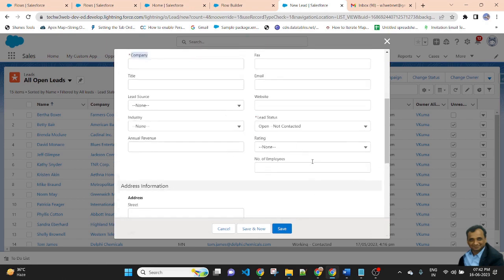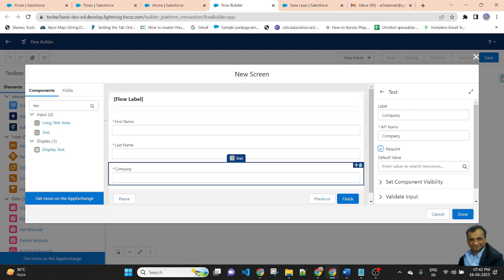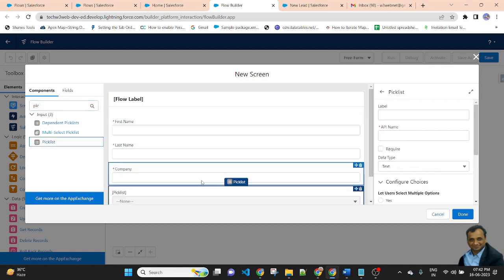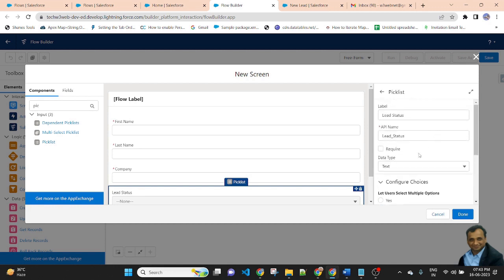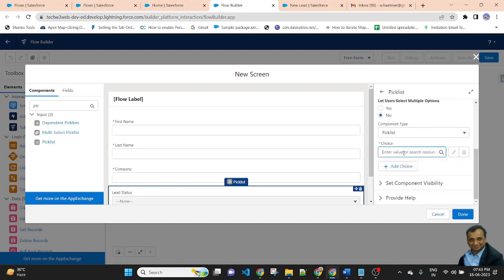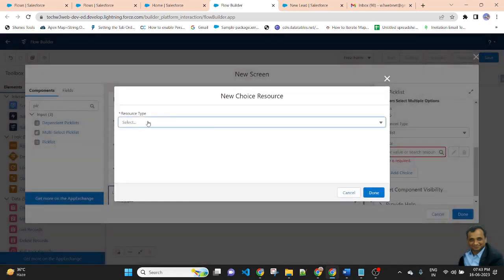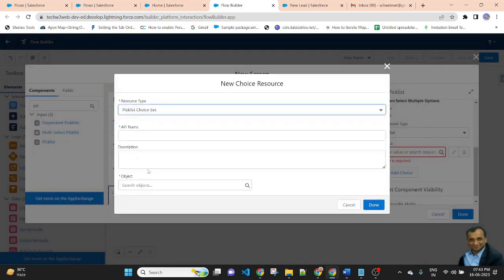After that, lead status. Lead status is a picklist value, so search for picklist in the components. Lead status comes from a choice set because it is a picklist value, so I will create a choice. Create a picklist choice set, API name lead status list.